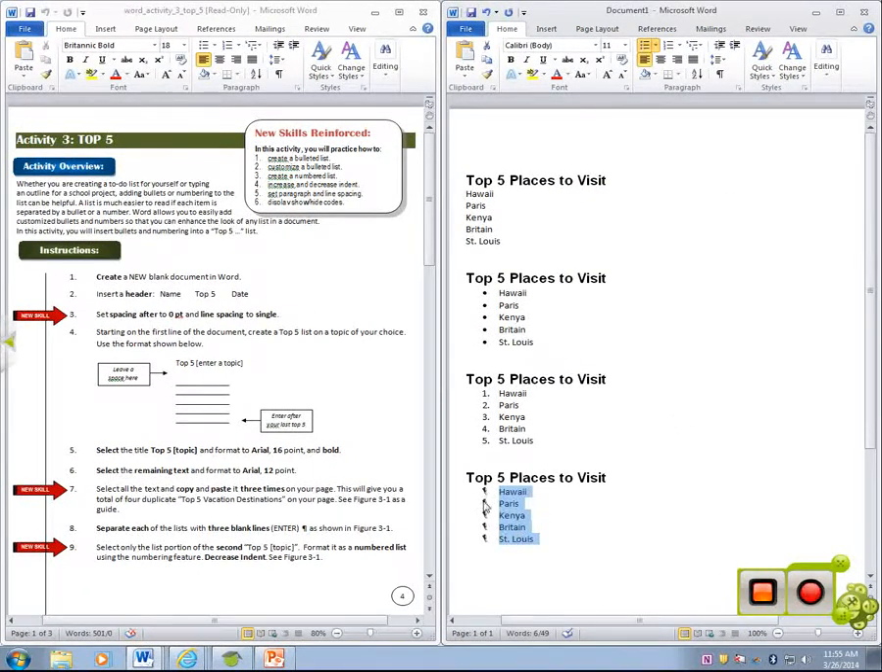And now all my bullets are little Panthers. They're sort of hard to see, so that might not be the best choice. Any picture you have in your H drive, you can access and create as a bullet too, so that's an option. Okay? Then the last thing that it wants you to do is it wants you to decrease your